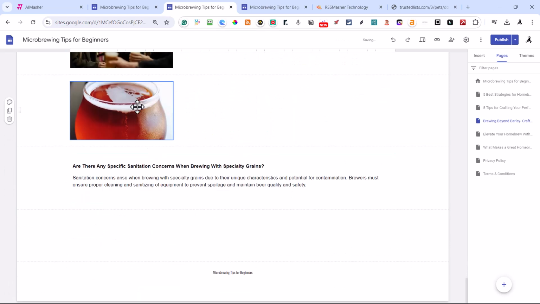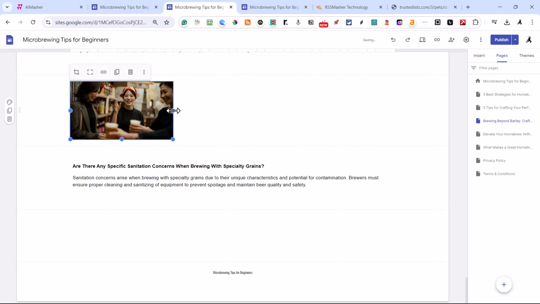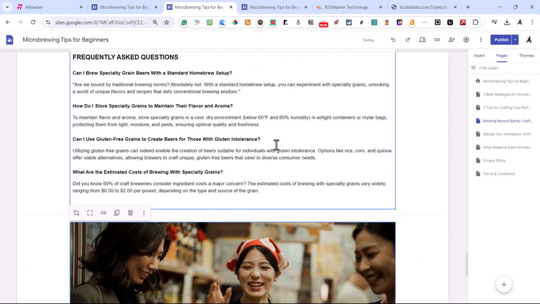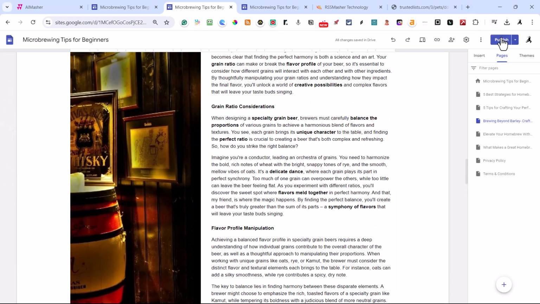Put that right there. Actually, I don't even want that in there. I'm just going to hit delete, and then I'm going to spread this one all the way across and down. That looks pretty decent. Okay. Then you're ready to publish. If you want to go to the next one, it auto saves it for you.